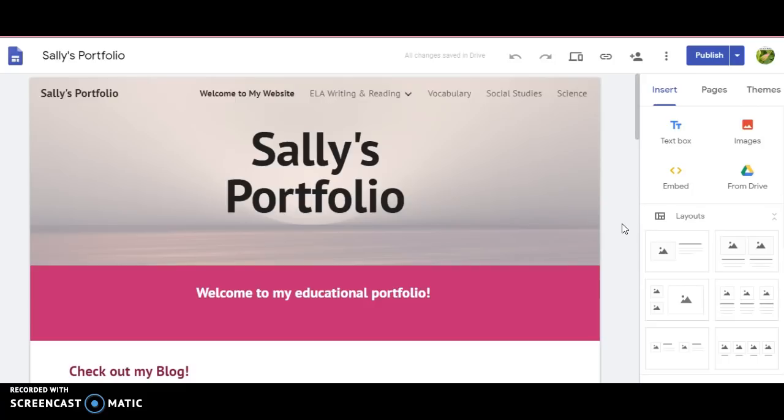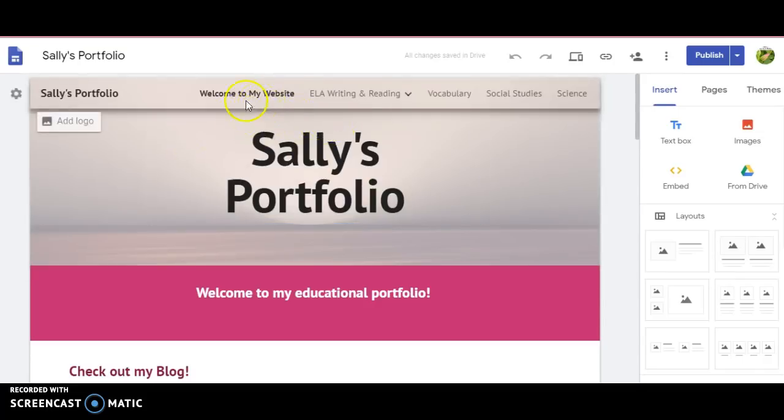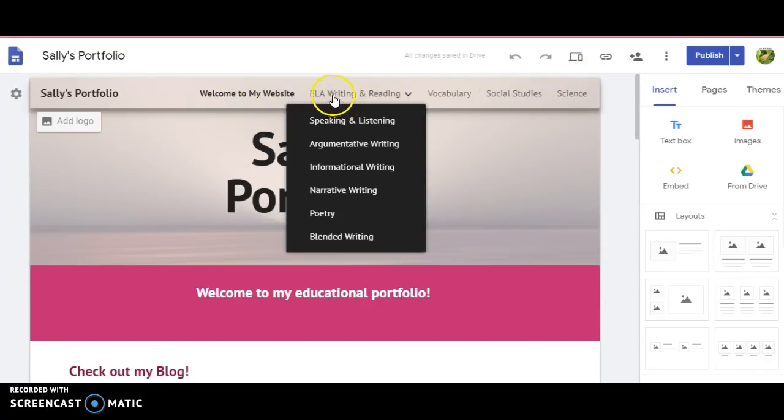So hopefully your portfolio is set up and looks something like this. You should have all these different sections. And in ELA reading and writing, you should have a section for all of these different things listed here. If for some reason your portfolio does not look like this, then you need to meet with me, Mrs. Packard, and Life Ed at some point,